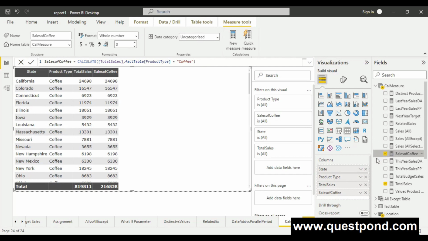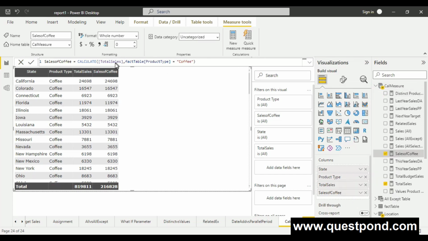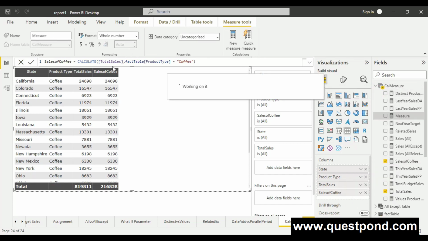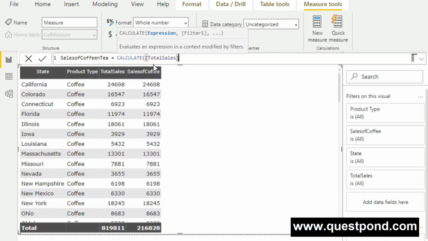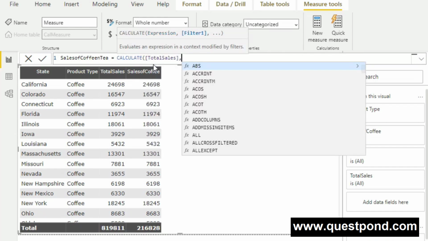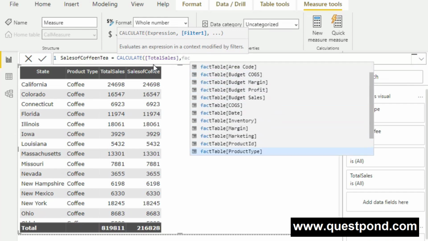So for that, let me call one more measure here. So here we go, sales of coffee and tea. For that I will say CALCULATE again, the total sales, comma, the filter. So here we go, the fact table, product type,